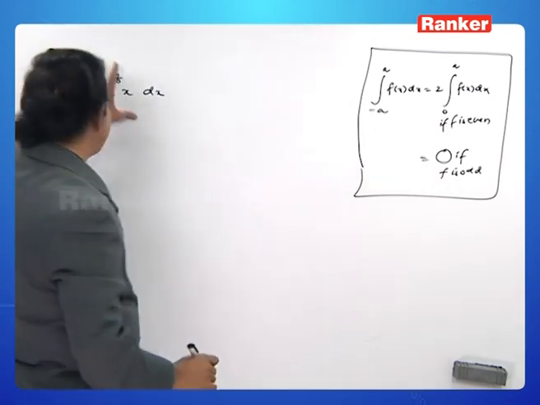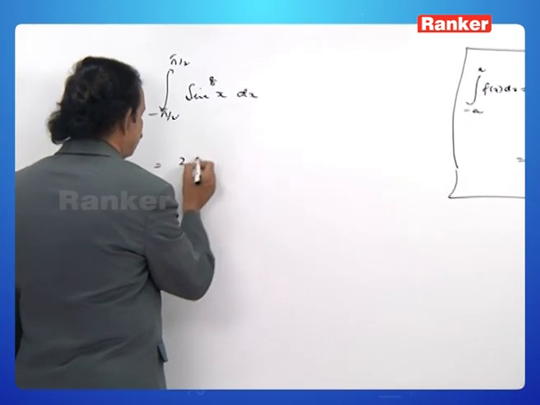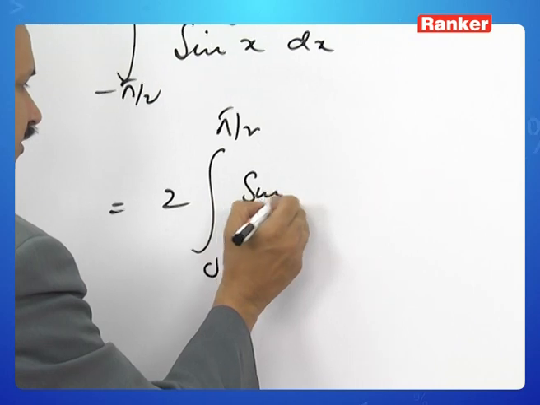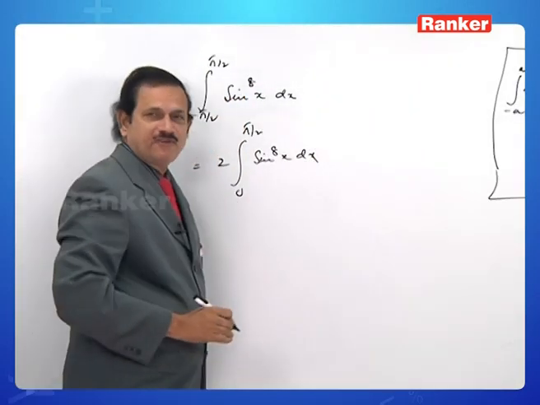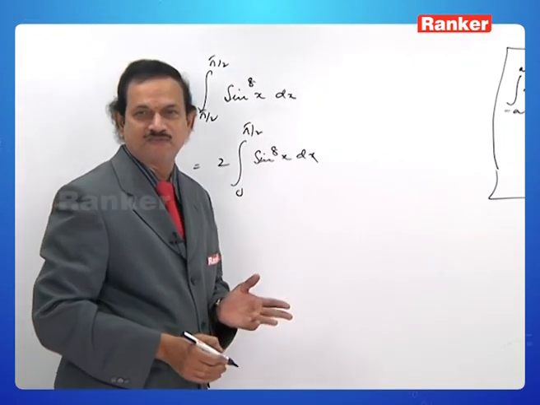Sine power 8x is an even function. Therefore, we have the right of getting 2 before and writing it as 2 into integral 0 to pi by 2 sine power 8x dx. Well, we should feel happy, because this has been thrown into the standard form, that is Wallis formula, integral